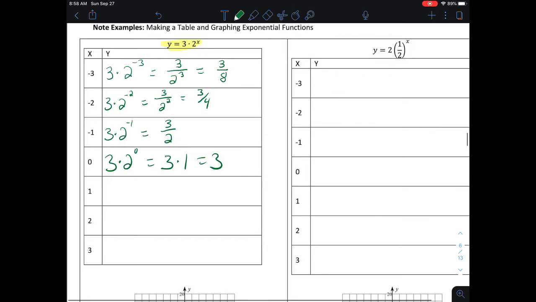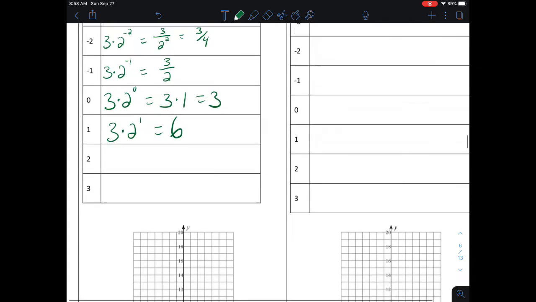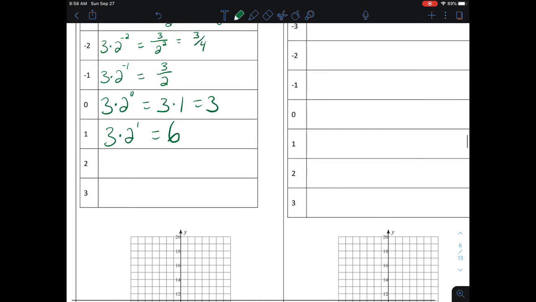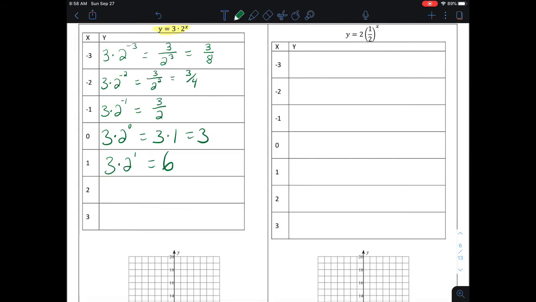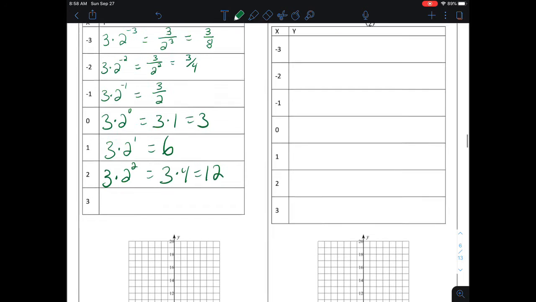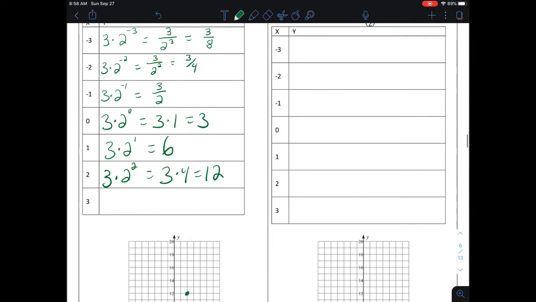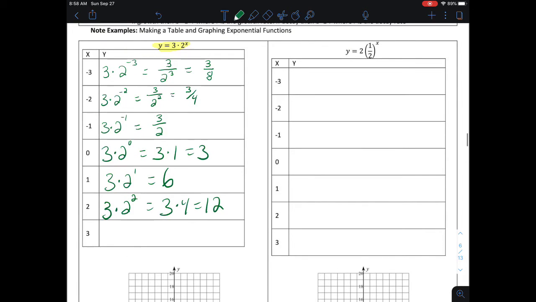And then we keep going to get more numbers. So we put in a 1 for the x, so 3 times 2 to the 1 power, which makes 6. So we go to 1 on the x and 6 on the y, and that gives us a dot right here. And now we keep going. We get 2 more numbers. So we put in a 2 for the x. So we have 3 times 2 to the 2nd power, which makes 3 times 4, which gives me 12. So 2 on the x, 12 on the y. I get a dot right there. And then the last one was the 3 to go in for the x. So we'd have 3 times 2 to the 3rd power, which is the same thing as 3 times 8,